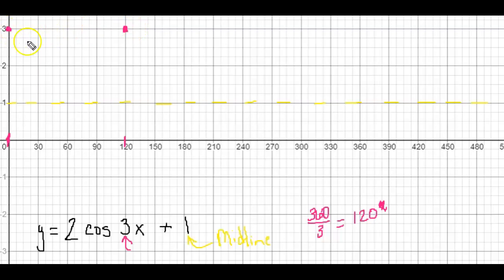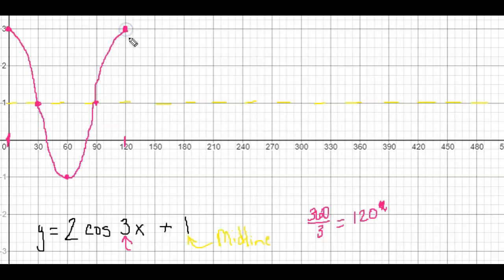So I know starting at the top of the wave, I should be down to the midline after 1/4. Then I should be down to the minimum. Then I come back up to the middle, and I'm up at the top. Cosine is very hard; resist the temptation to make this a V. We need to realize that this is not shaped like a V. This is a down curve, and then it's coming down to the minimum and curving up, and then it's going